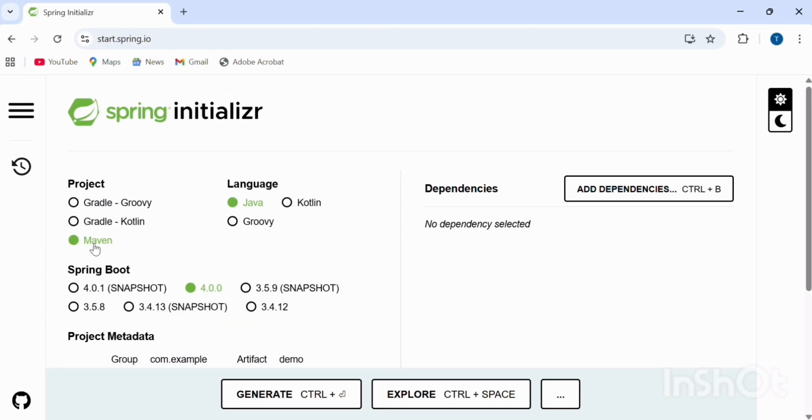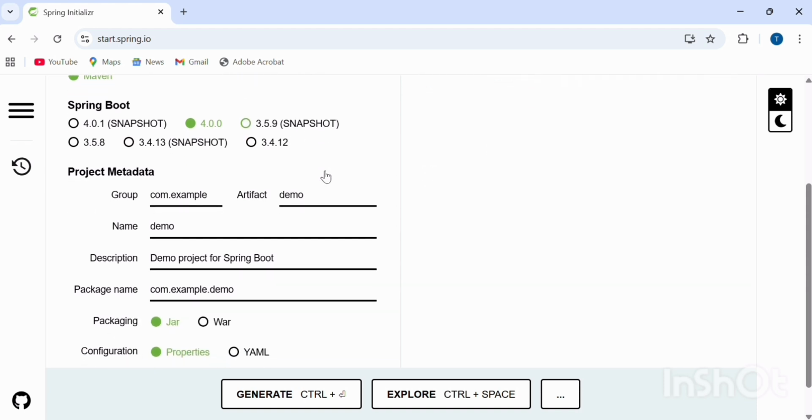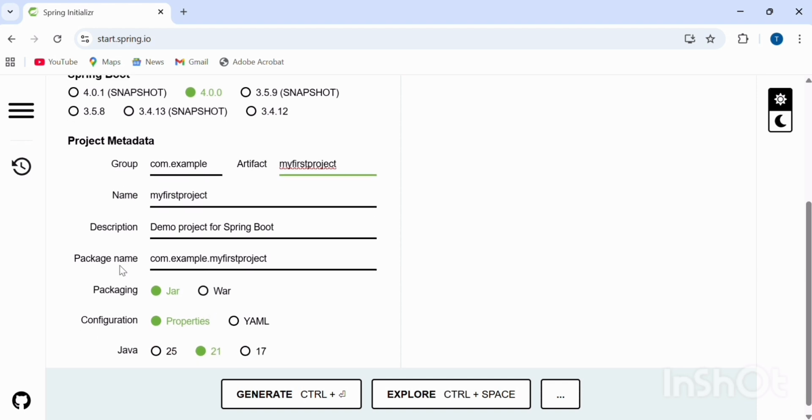Gradle, Kotlin or Maven, and select the language Java, and select the version of Spring Boot. And come to the project metadata. Here you have to change the artifact ID and write my first project. Keep the description as it is, package name as it is, and select the jar file packaging and select